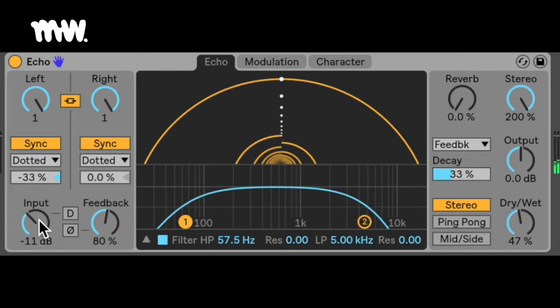Your input sets the input gain, and the feedback sets the amount of each channel's output that is fed back into its input. This feedback control is off the hook. You can set it up to 150, which is really cool for interesting sound design, but as always with feedback, just be careful. Then you can also use your clip dry knob, which will allow a little bit of distortion